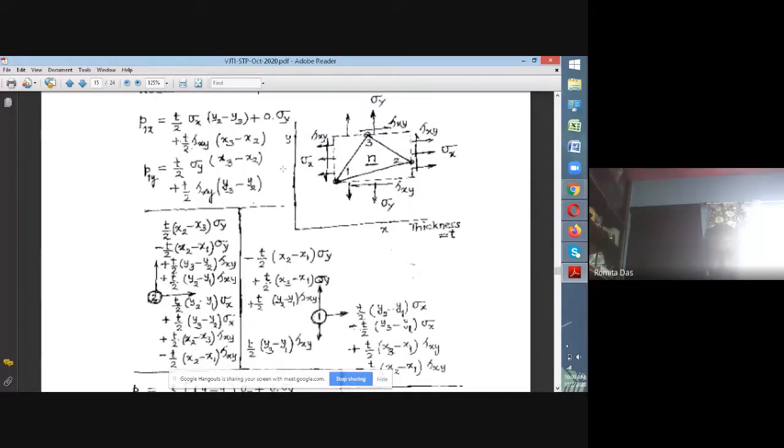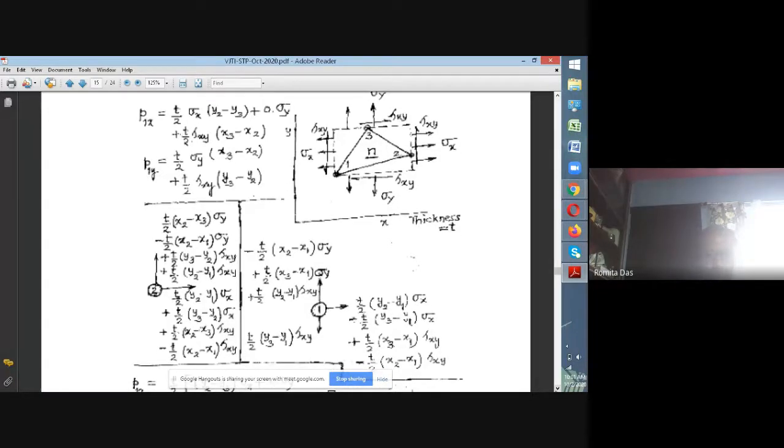So let us consider this node number 1. It has stresses sigma x and tau xy on this portion, and on the horizontal portion it is going to have stress sigma y and shear stress tau xy. These distributed stresses boil down to some concentrated load at nodes 1 and 2. So this is what is shown there. Please, all of you try to understand, this is very important. How do they get converted into load at nodes 1 and 2?